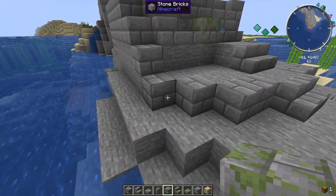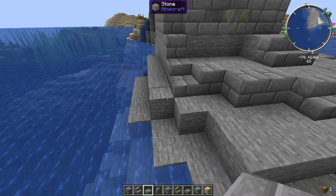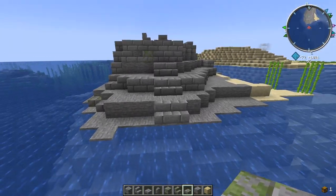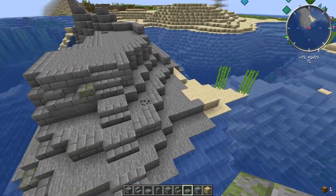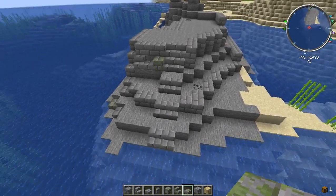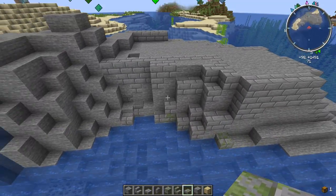Good, good. I'm not panicking. We'll put that there, all right? And then we might put one there, one there. So it still looks chaotic. I have worked with the terrain, okay? I've chipped off a little bit here and there, but for the most part, I've left it